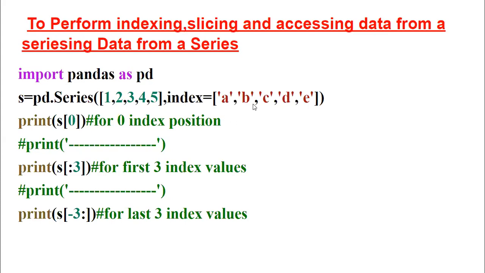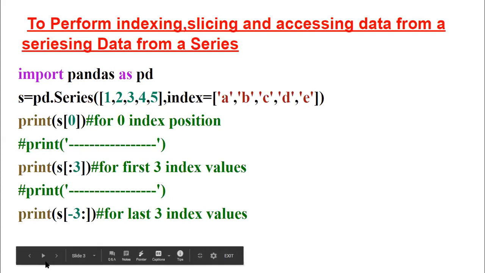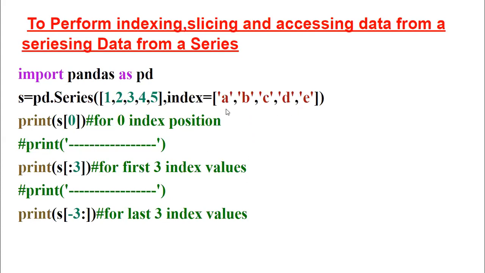But here I want to give some characters as the index: A, B, C, D, E. In the last class itself I told you it is not compulsory to give A, B, C, D only. You can give anything you want, like X, Y, Z, and it is not compulsory that it should be in order. Now with the help of the index position, see, print s